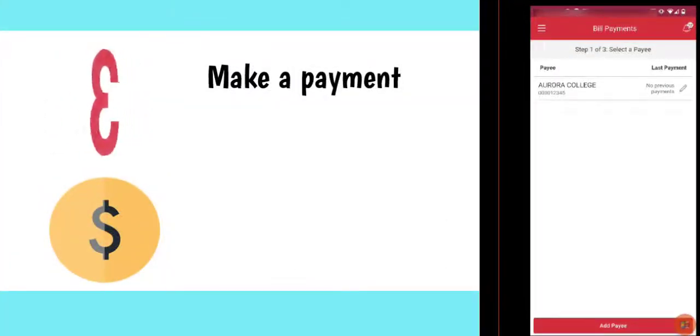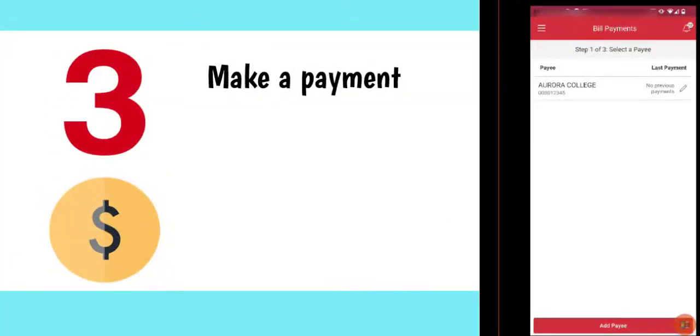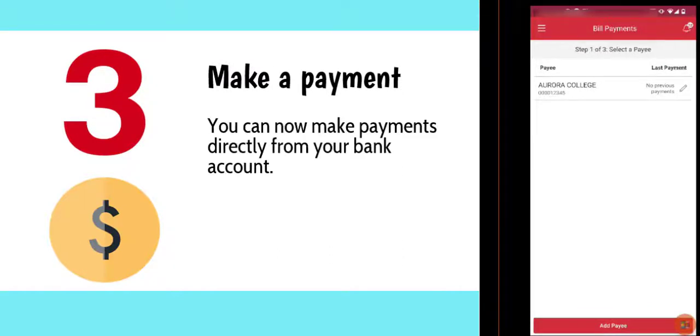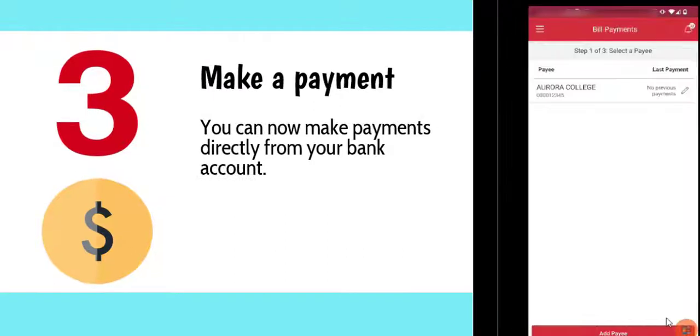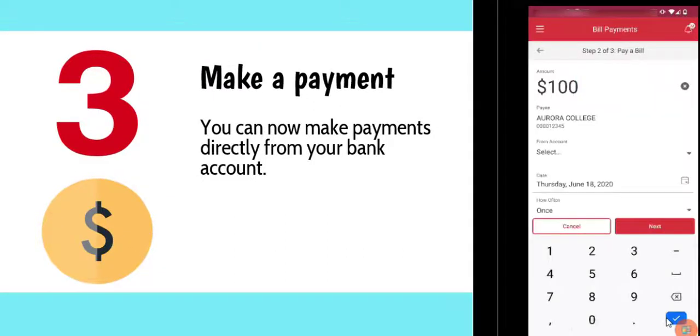That brings us to the third and final step, which is to make a payment. Now that I have my Aurora College student account as a payee in online banking, I can make payments directly from my bank account. To do this, I just go back to my options menu and select Bill Payment. I can now select Aurora College as a payee, and I can pay any amount that I like from any